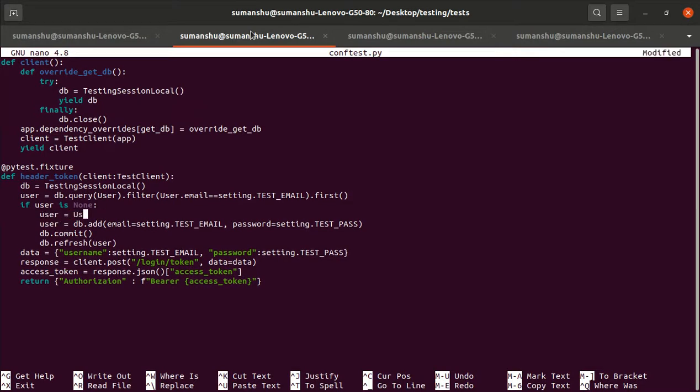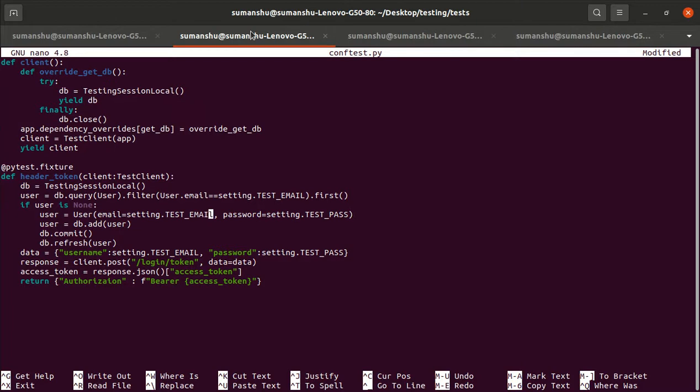User is equal to user, and we have to pass this thing into here. And we will add the object because we are dealing with classes only. Okay, so hopefully it should work now.